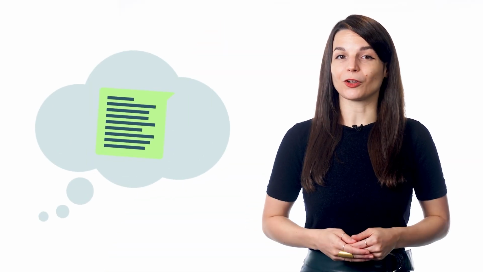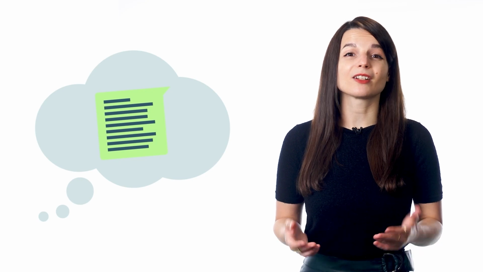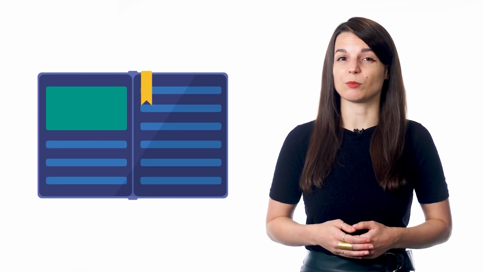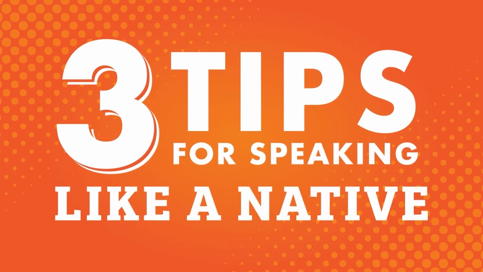When learning a new language, everyone should have an ultimate goal to work towards. Whether you want to be able to connect with a relative, easily order food while traveling, or go somewhere new, having an end goal for your learning can be very motivating. A popular but challenging goal is being able to speak like a native speaker. It's difficult to measure exactly when you reach this goal, and it's not something you can pick up using textbooks alone. So how do you work on making your speech more natural? That's what we're going to look at today. Here are 3 tips to help you practice talking like a native speaker.